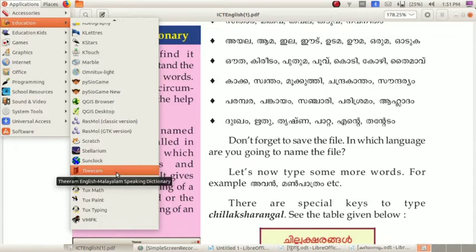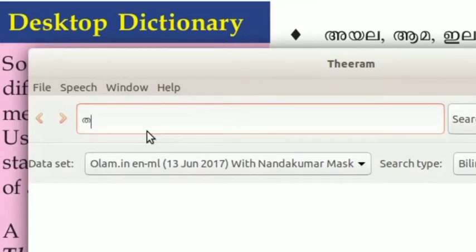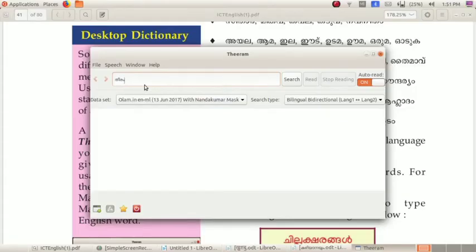Okay, here it is. Theeram English Malayalam Speaking Dictionary. What is the specialty? It is the speaking dictionary. In this box you can type any words. Now I am typing a word in Malayalam. After typing the word, you can select the search button.